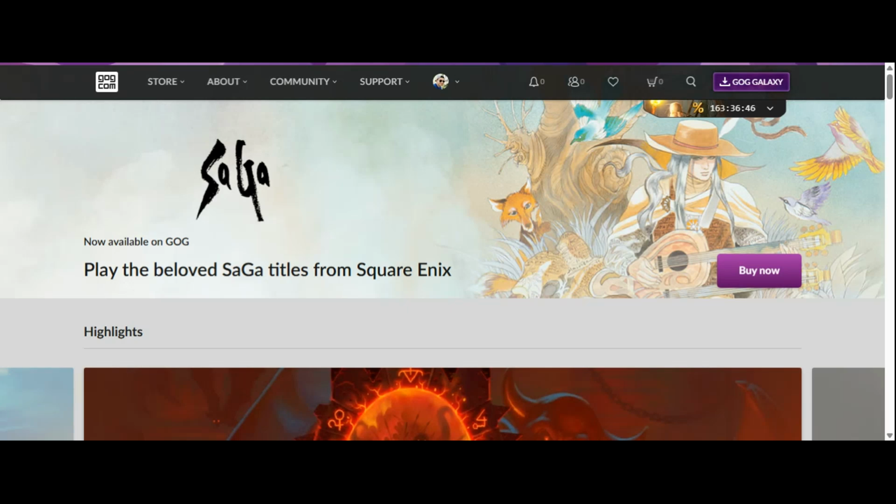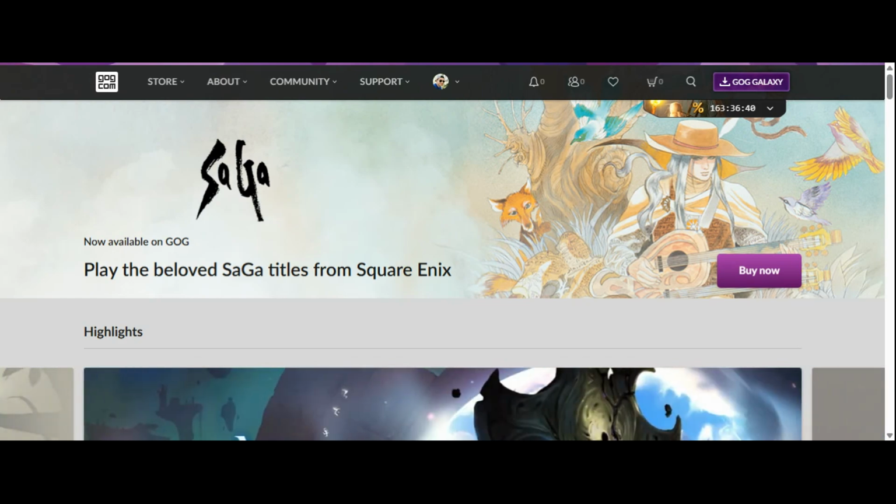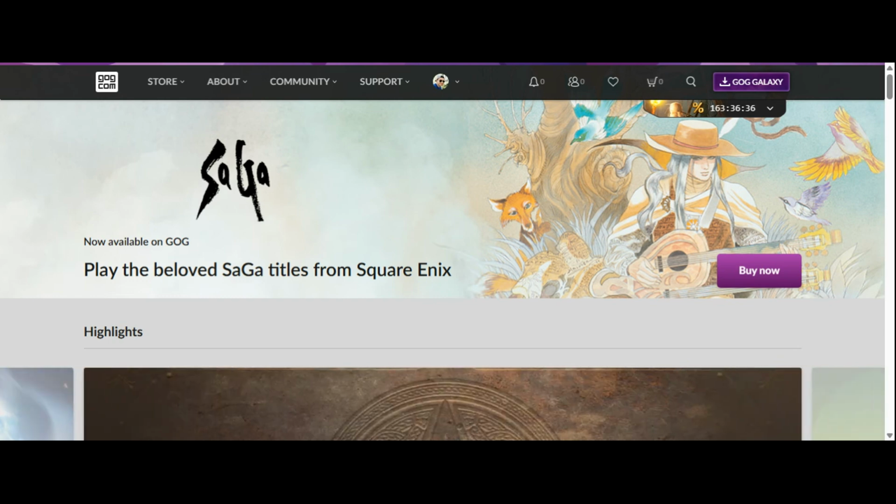If you've forgotten your GOG password or you just want to change it for security reasons, this video will walk you through the process step by step. It only takes a minute, and by the end, you'll know exactly how to reset your GOG password safely and